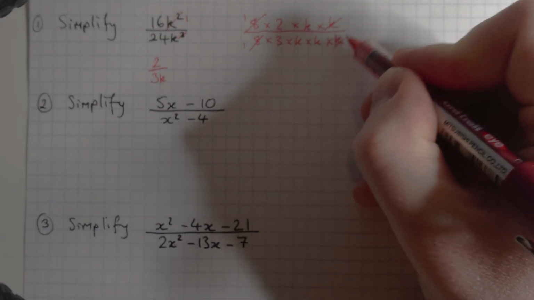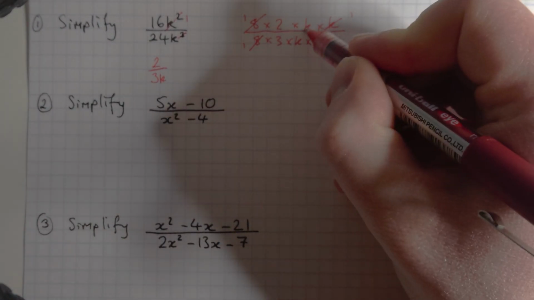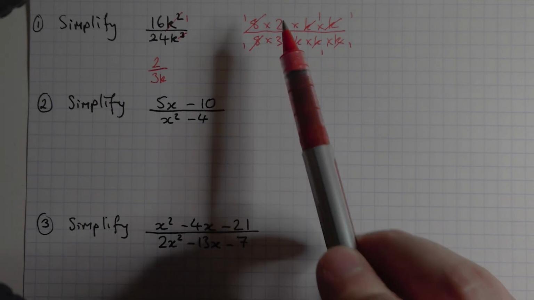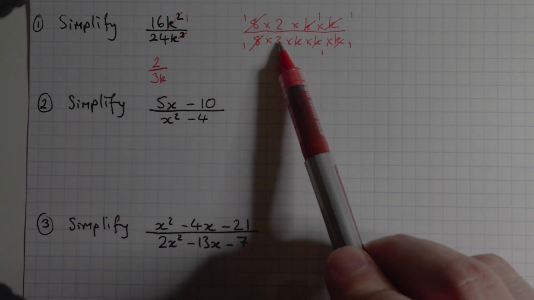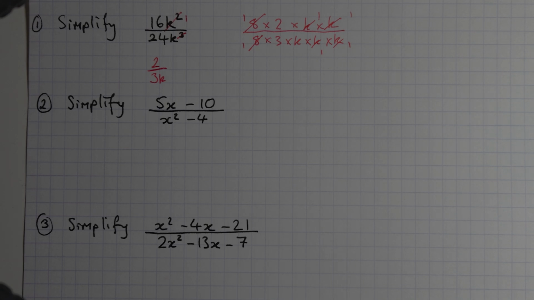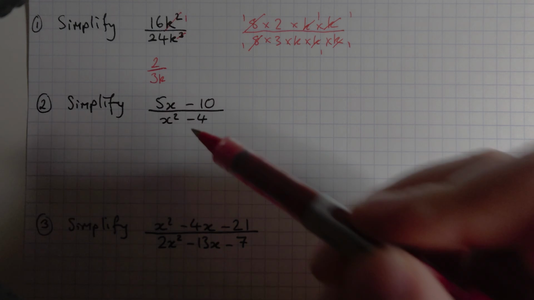I could divide top and bottom by k, and again, all that's left on the top is a 2, and all that's left on the bottom is a 3k. All right, so I'm sort of using laws of indices, but I could have done it with the factorisation method as well. At number 2, if I want to simplify a fraction that's got pluses and minuses going on,